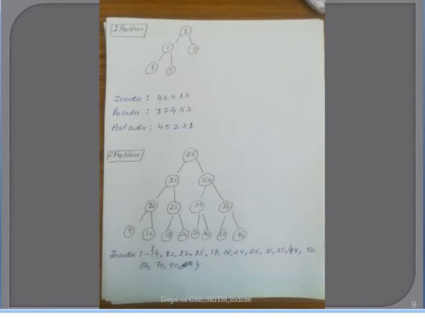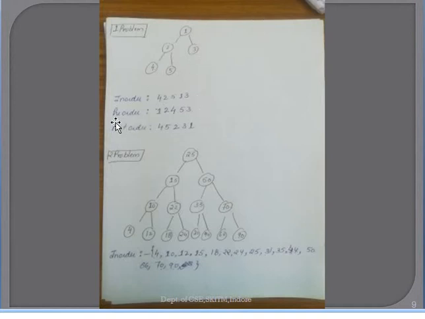So here let us consider this tree, and our purpose is to determine the in order, pre-order and the post order. In the in order traversal we are visiting the left child node, after that the root node, and after that the right node. So following the in order traversal, first we are visiting the 4, after that the root 2, and after that 5, and at last we are visiting the root node and the right child.